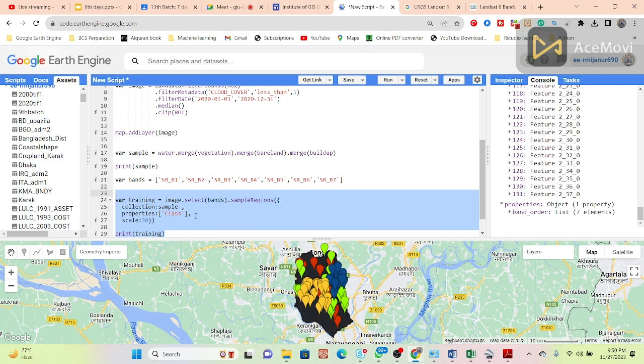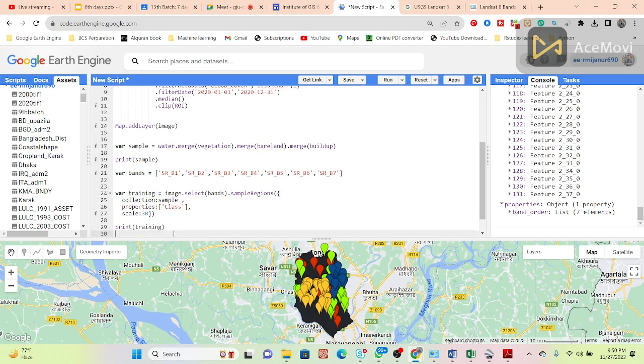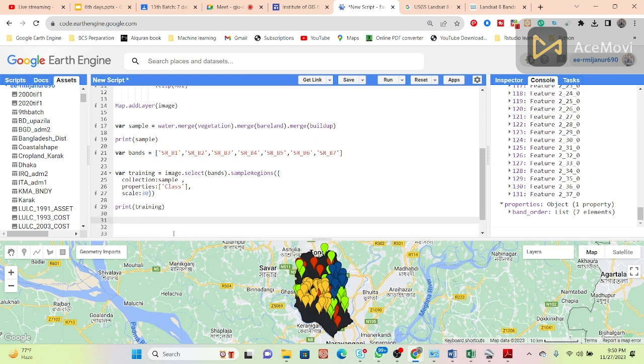So this variable stores my full data set. Suppose here I use 80% of the data to train my model, and also use 20% of the data